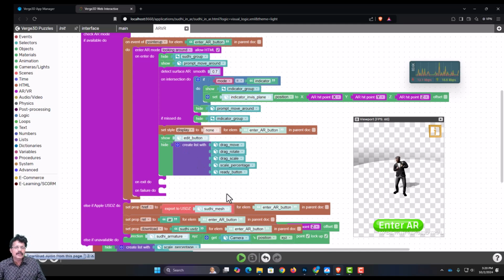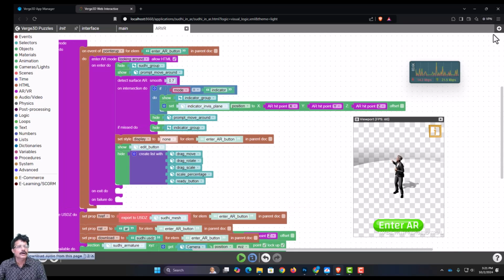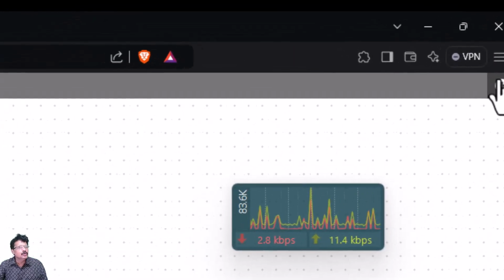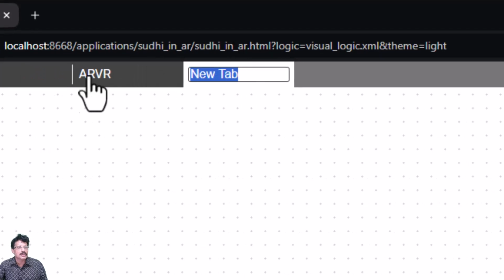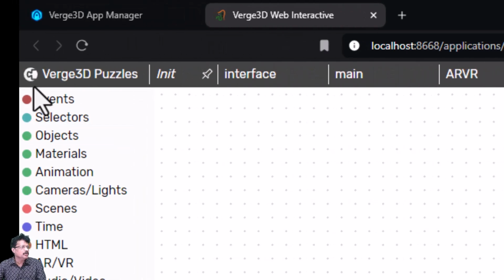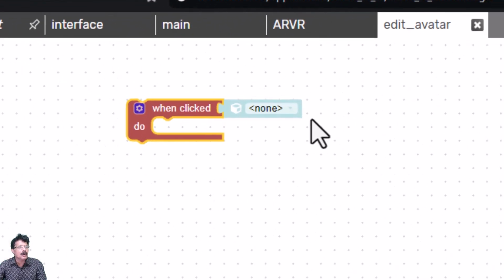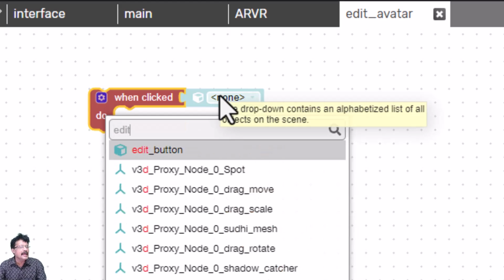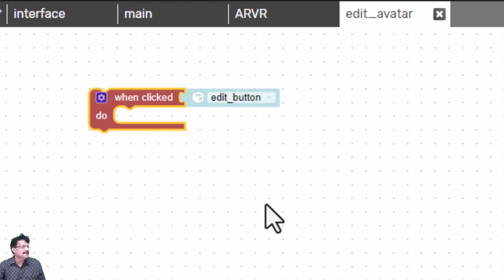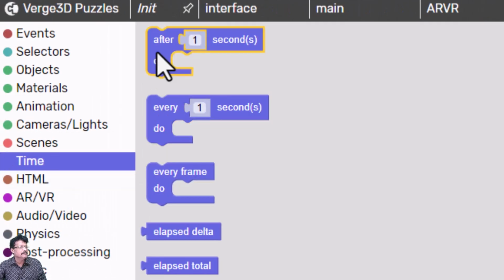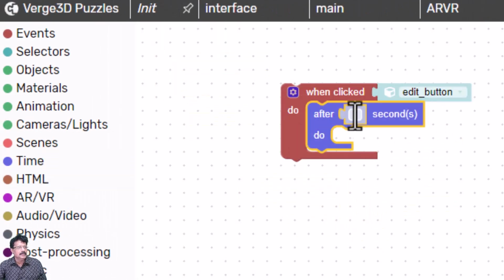And now when the user clicks on this edit button, what should happen? I will add a new tab and call this edit avatar. In this edit avatar, I am going to come into events, and when a user clicks on the edit button, I will add a slight delay. For that, I will come to time and add this after about